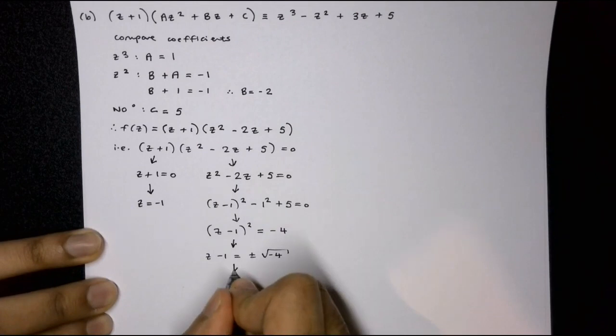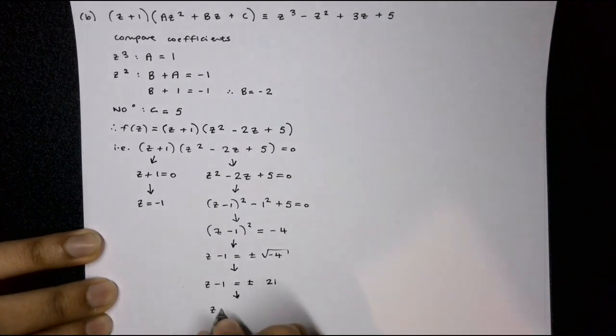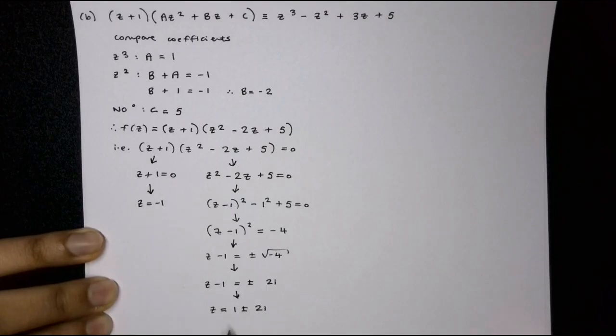So we have z minus 1 equals plus minus 2i, from which we see z is equal to 1 plus minus 2i. We've got a root of minus 1, we've got another root of 1 plus 2i, and another root